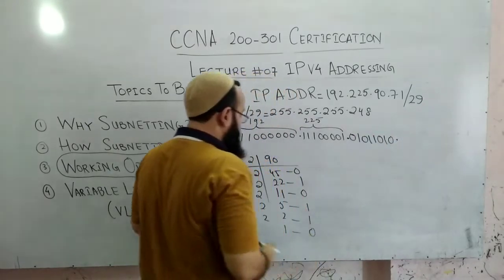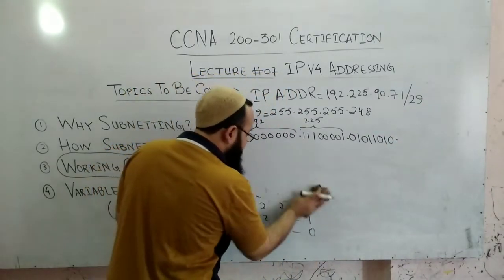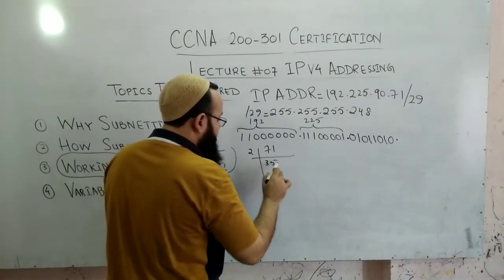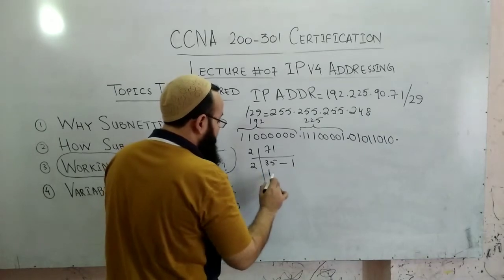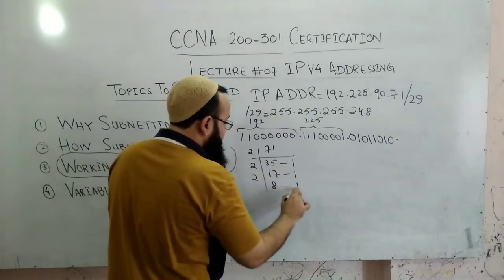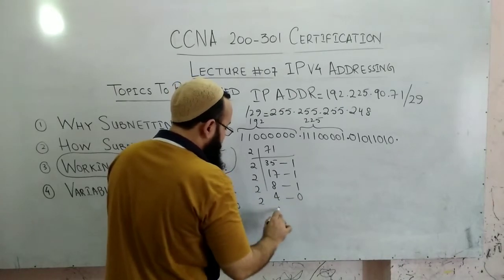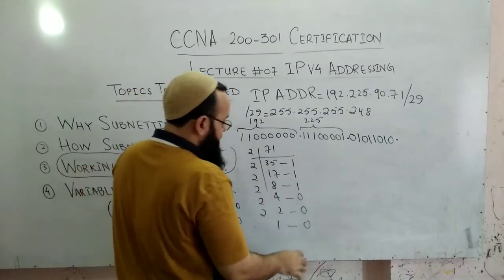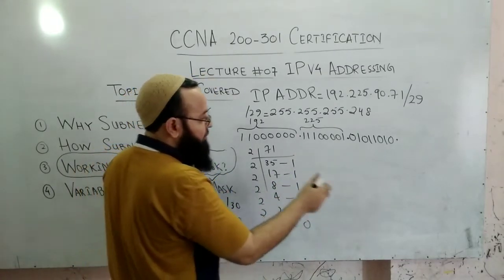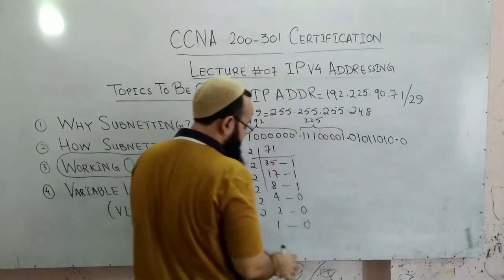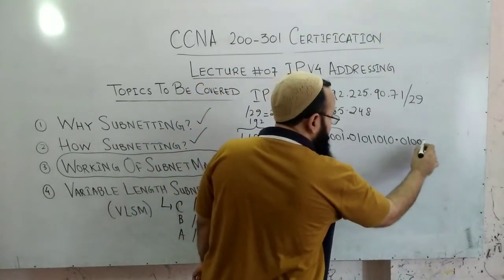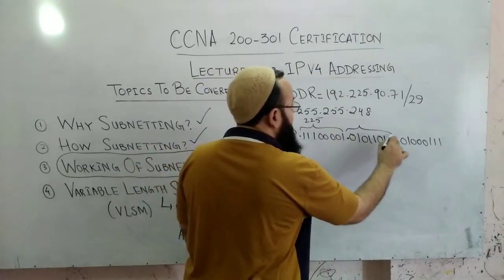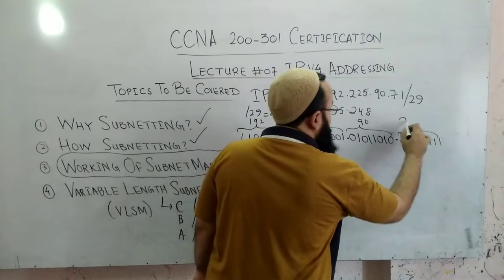And finally the last portion is 71. Now converting 71 decimal into binary form. 2 35s are 70, 1 is left. 2 17s are 34, 1 is left. 2 8s are 16, 1 is left. 2 4s are 8, 0 is left. 2 2s are 4, 0 is left. 2 1s are 2, 0 is left. 1 0 0 0 1 1 1. These are 7 digits and we have to write in the form of 8 digits. So a 0 is placed before writing this octet value. So now this is 90 and this is your 71.